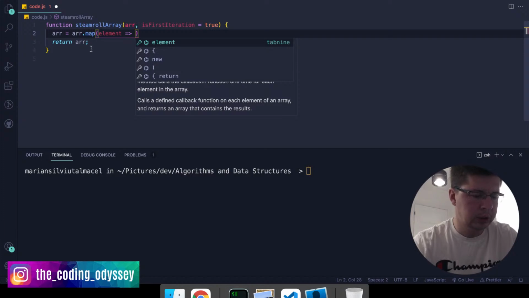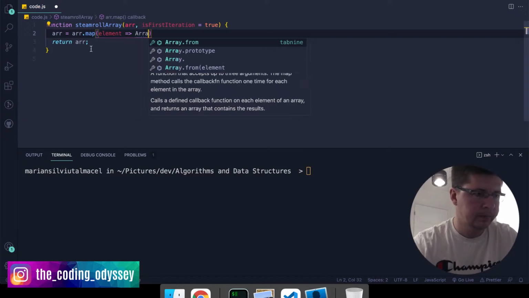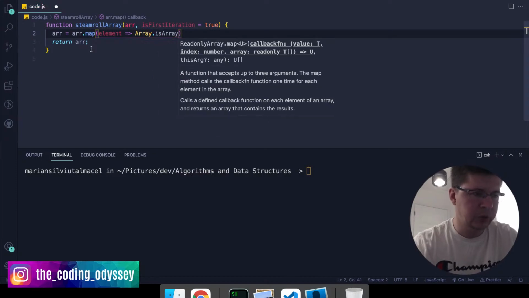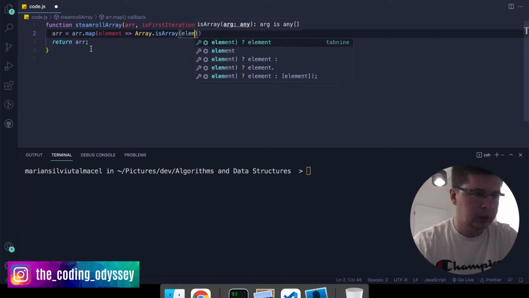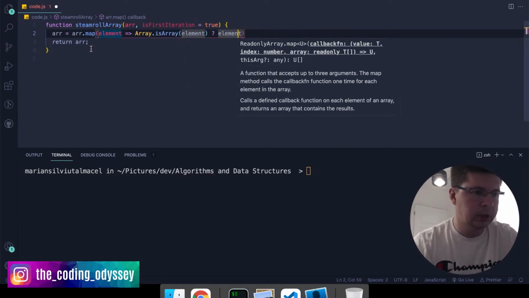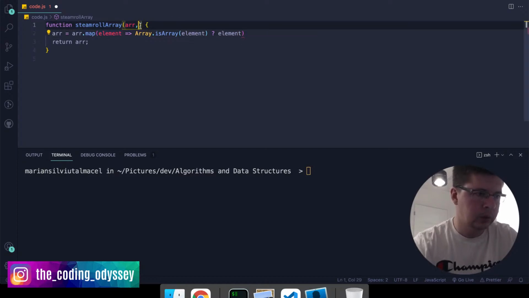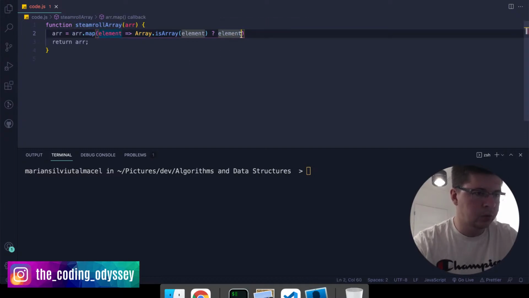So what we want to say is we use this array. There is a method Array.isArray, which checks if something that you pass to it is an array. And if it's an array, what we want to return, I don't think we need this anymore. We want to basically return steamroll array. So we want to call this function again on this element, steamroll array of element, but